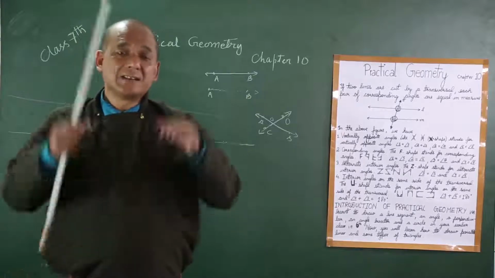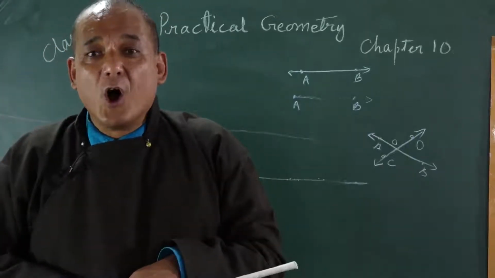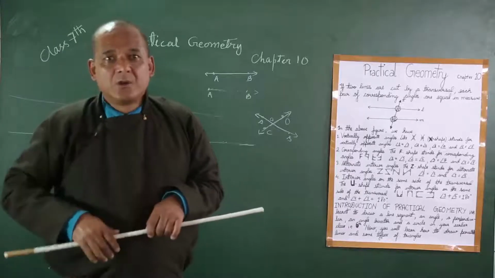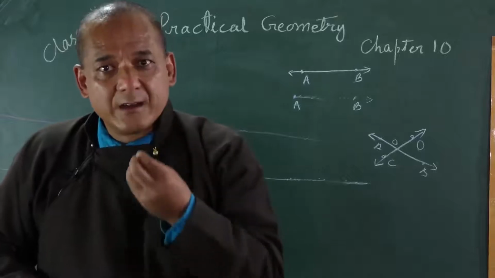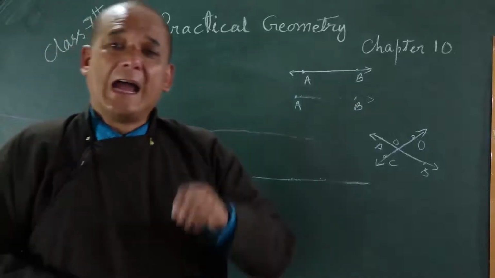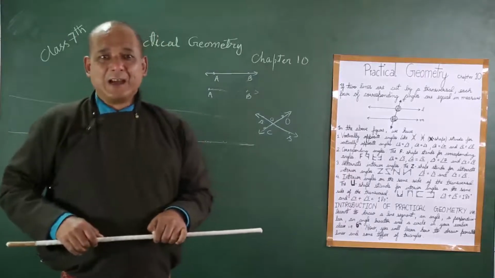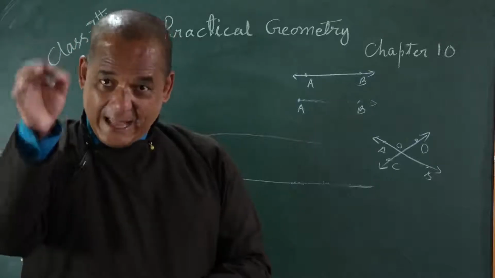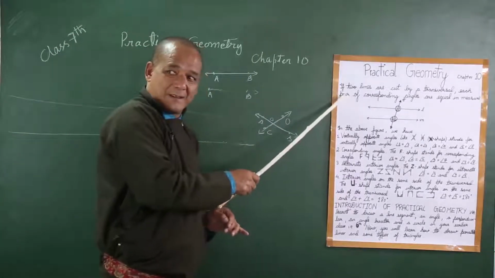Where are your ears? These are my ears. Where is your nose? This is my nose. You can show that, no? You can prove that there is something called nose here. People can see that, feel it. So, in geometry, when you prove something, that is called theorem. So, this is also a theorem here.